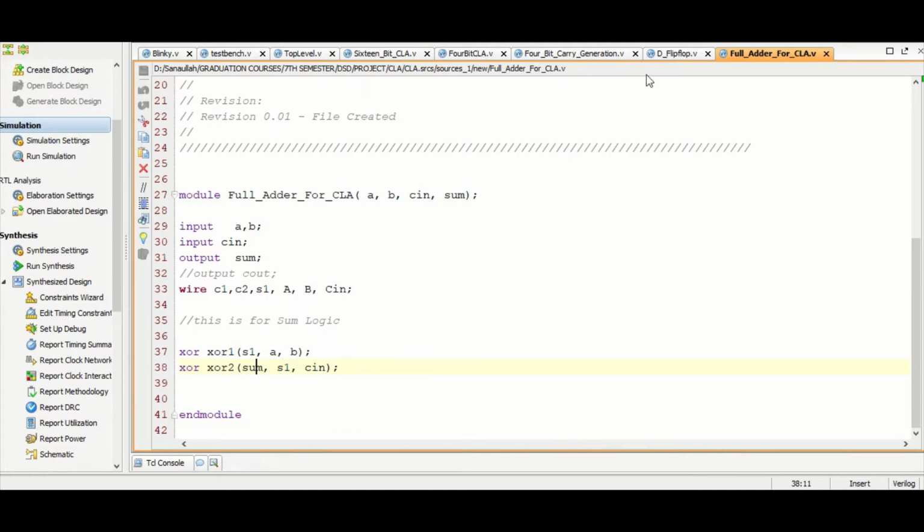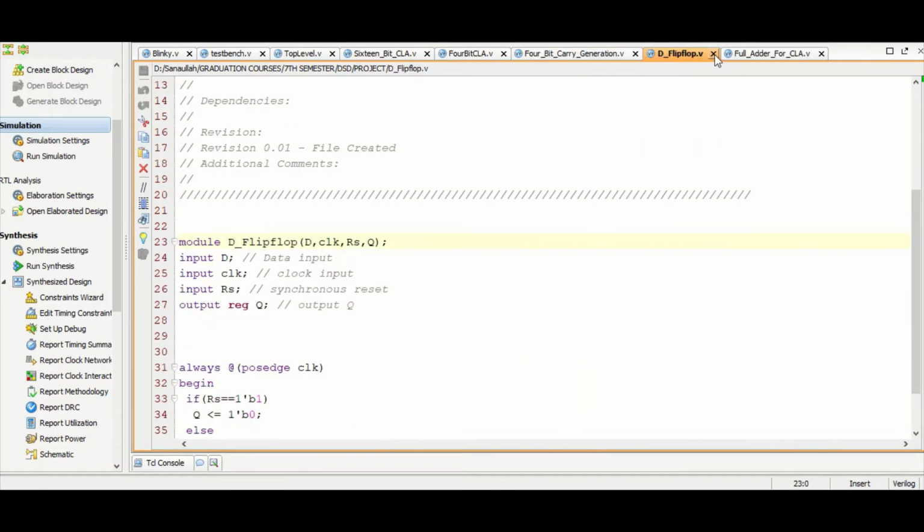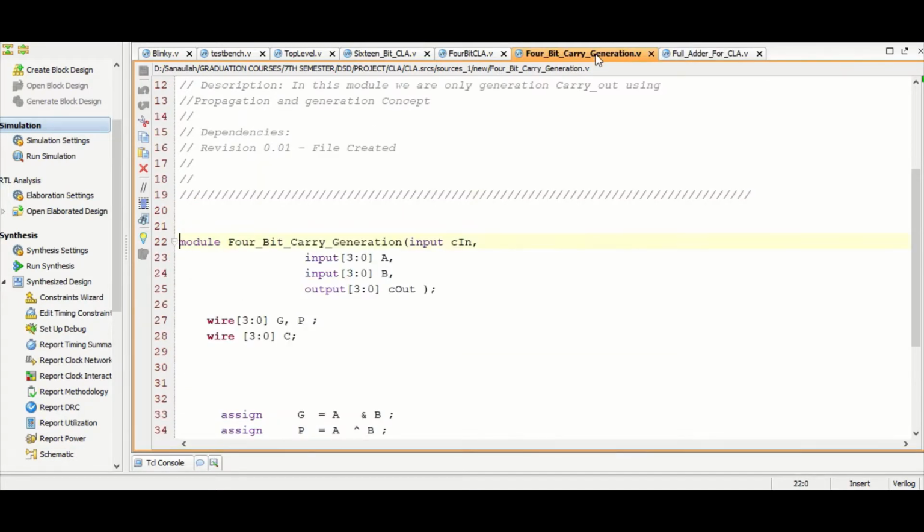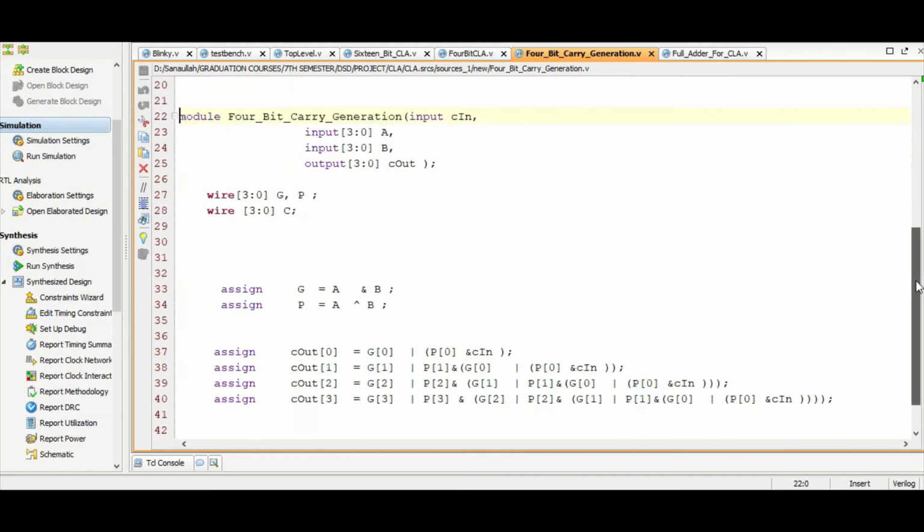But before going to the 4-bit full adder, let's discuss the concept of carry generation. As I have already discussed the concept of D flip-flops, we are not going to discuss the D flip-flop again. In 4-bit generation, basically I have discussed in my first video that this generation will generate cout bits using generations and propagations.